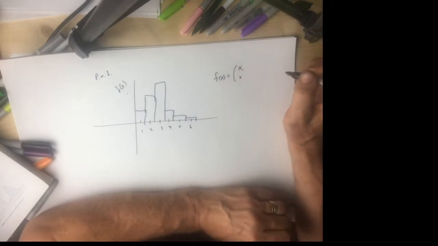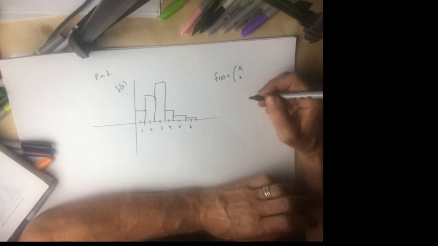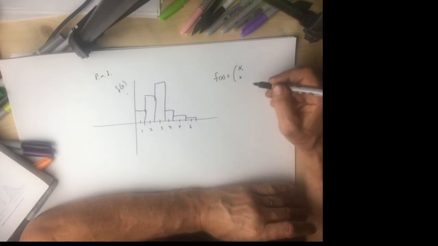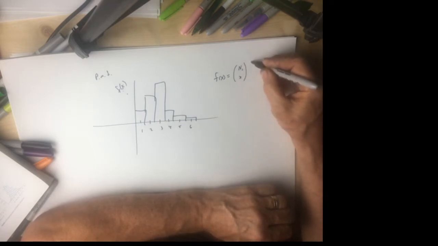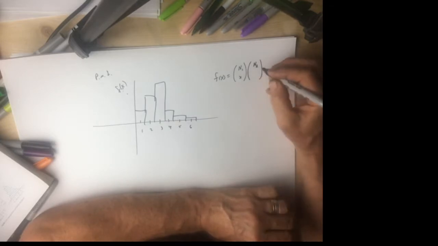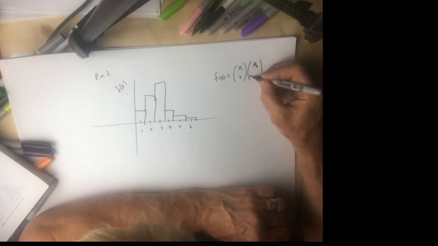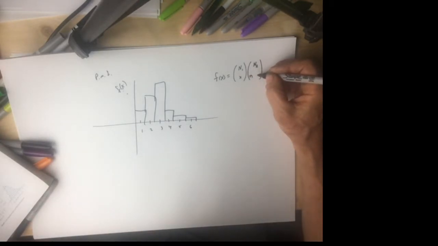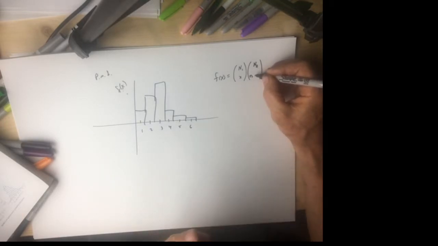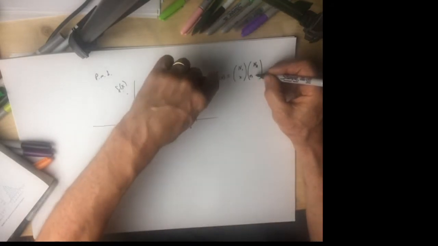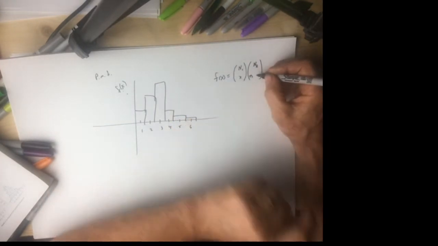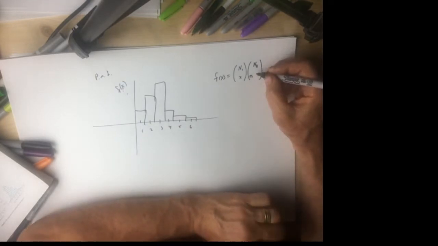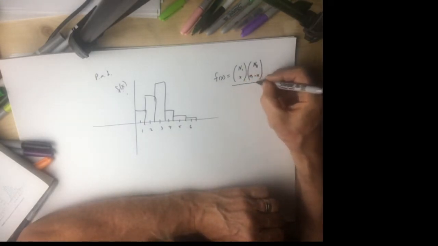X is going to be something in the domain of the function, which means the support of the probability mass function. Then there's going to be another constant, N2. And now we're going to do another number, little n, which is not a capital, so it seems like it's a variable, but that shouldn't be written that way. I'll fix it in just a second. We don't like this, but you'll see how we fix it. N2 minus x,